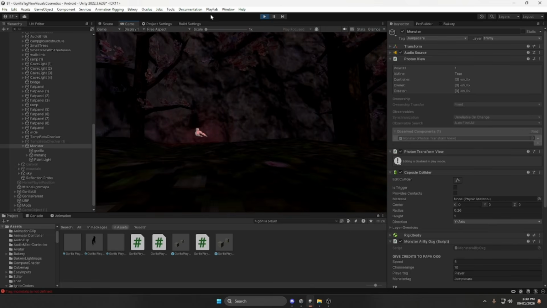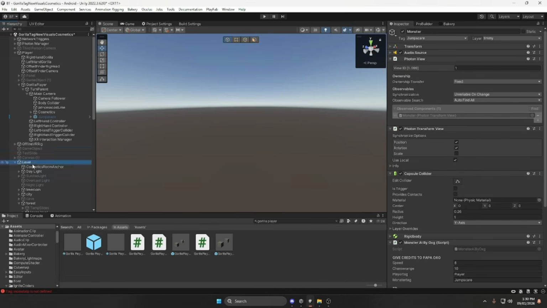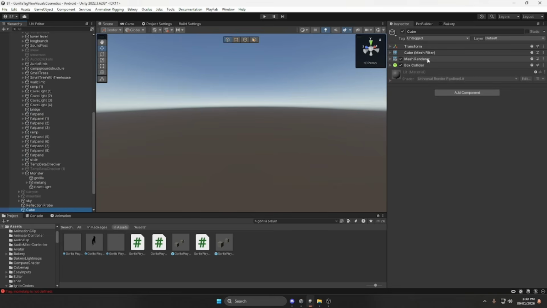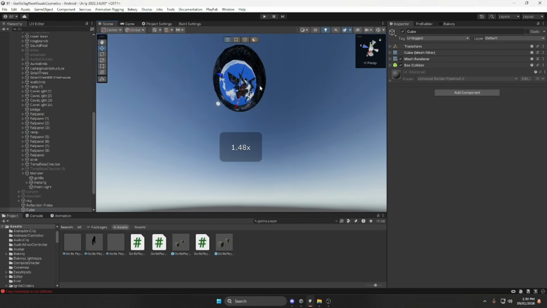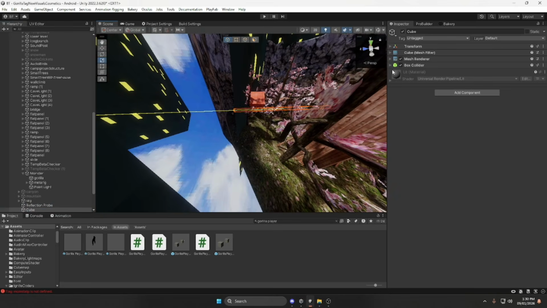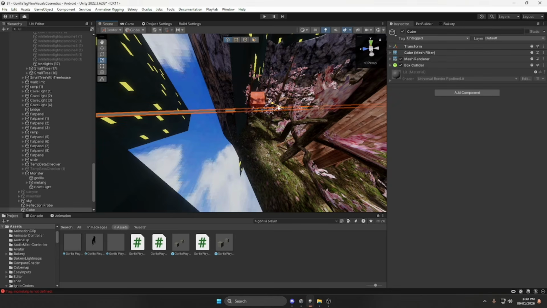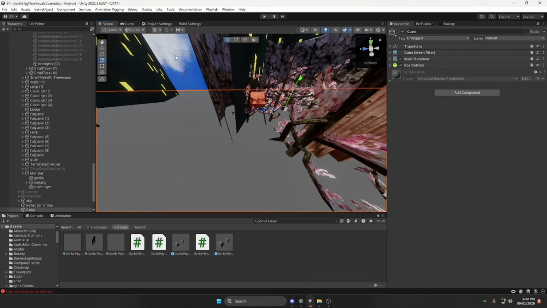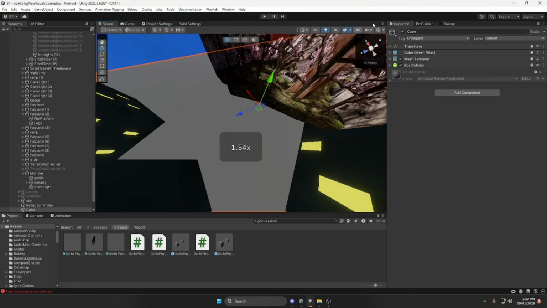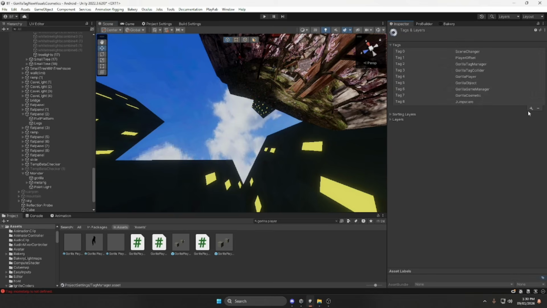Yeah. Also, another thing you should do, if the monsters fall off the map, this will make them teleport back. You want to head over to 3D object, cube. Oh no, we're just gonna double click on cube so we go back up here, and then we're just gonna scale this like this, make this really big. Take this down underneath the map. For example, now we can disable the mesh. Create a new tag called